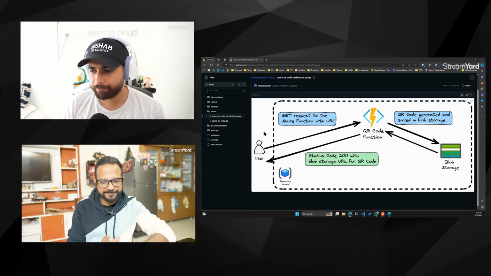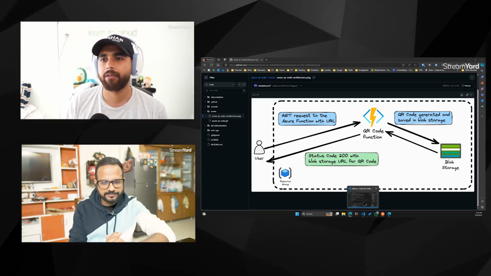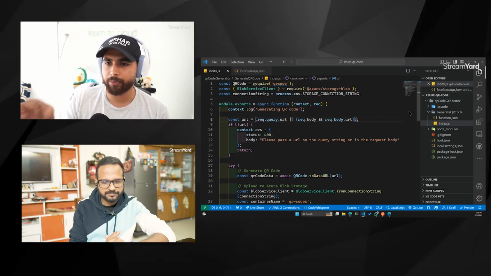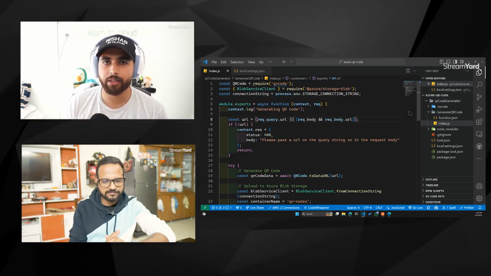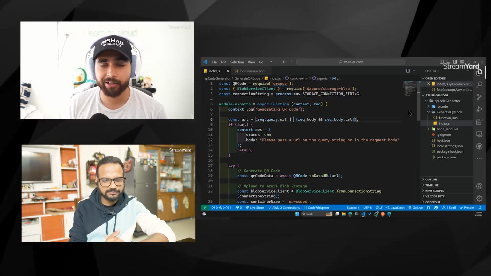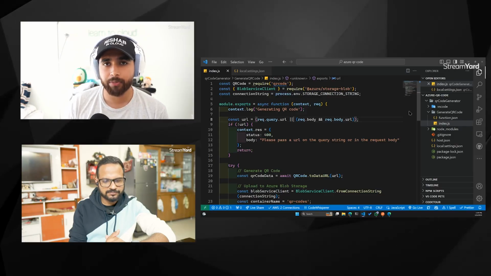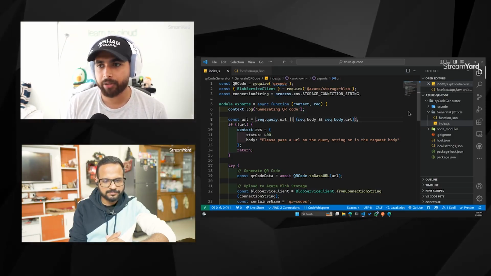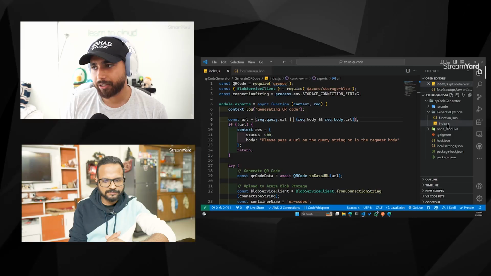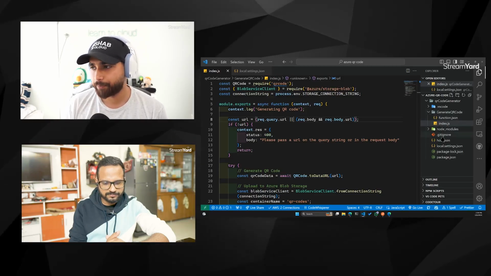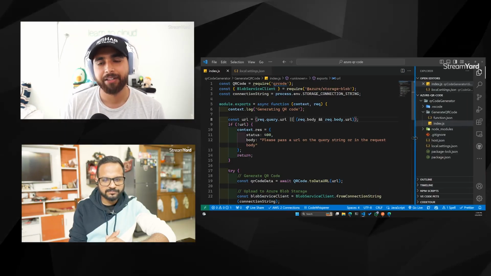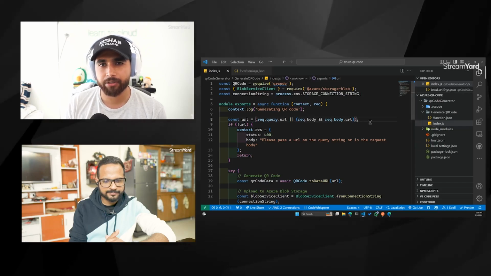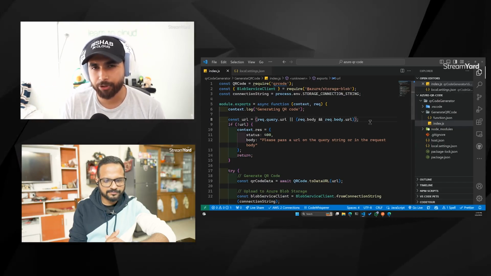Okay, sounds good. A few things I would suggest if you're trying to build something with Azure Functions. One of them is the Azure Function Core Tools, which is a command line tool that you can install. It'll help you develop an Azure Function locally before you have to deploy it to the cloud. So that's what I'm doing here. As you can see, I have a few different files on the right-hand side that were generated by the Core Tools CLI. And then what I have done is I've edited the index.js,